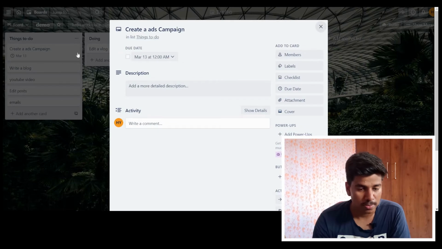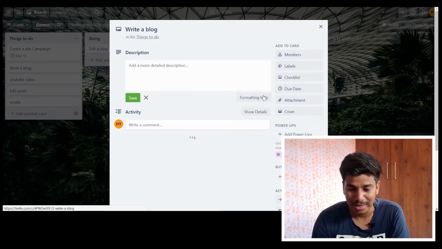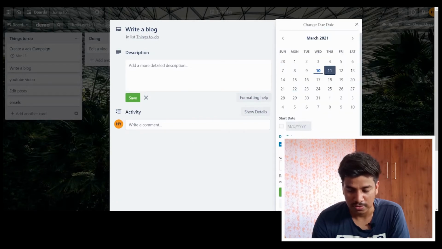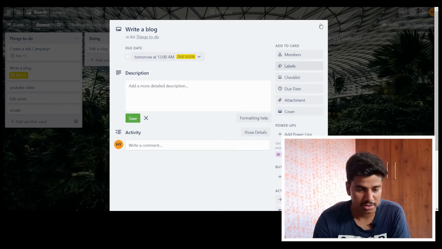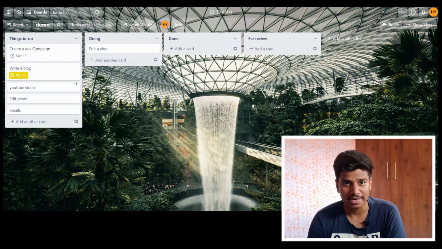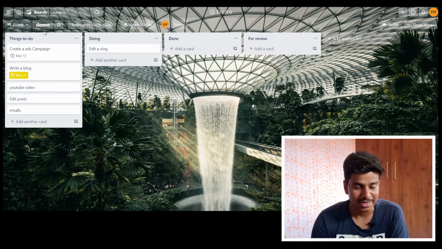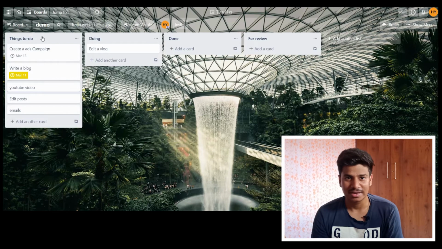You will get to know when it is due, and it will show a red color if the day is closer to today. As you can see here, it's orange. Its color automatically changes as the due date gets closer. So it is as simple as that, right?